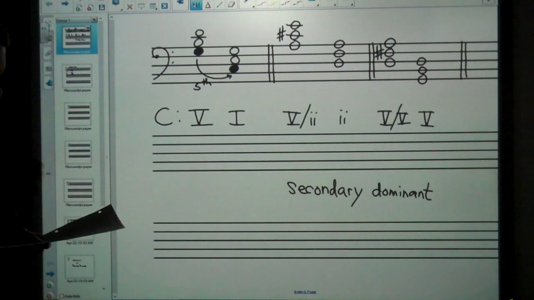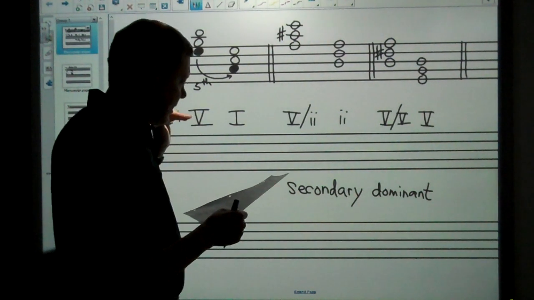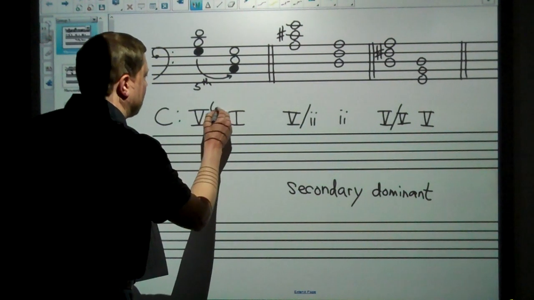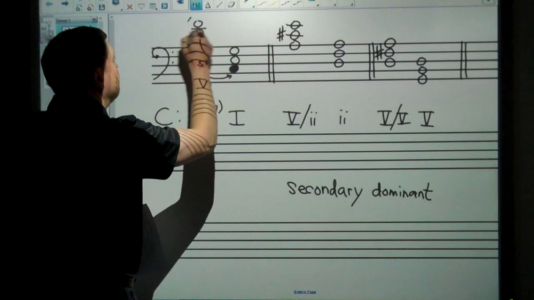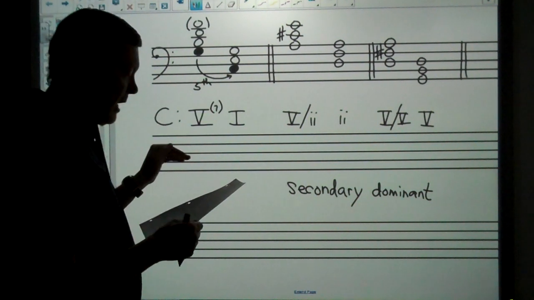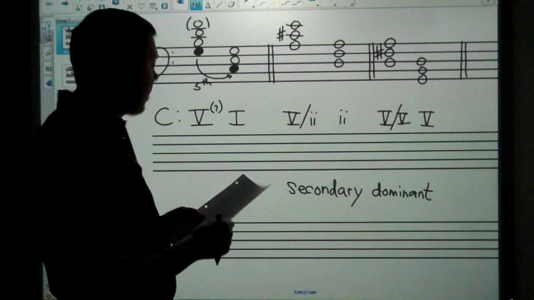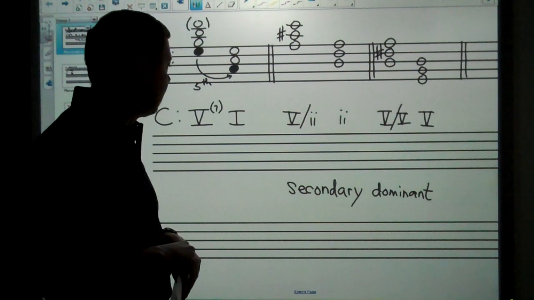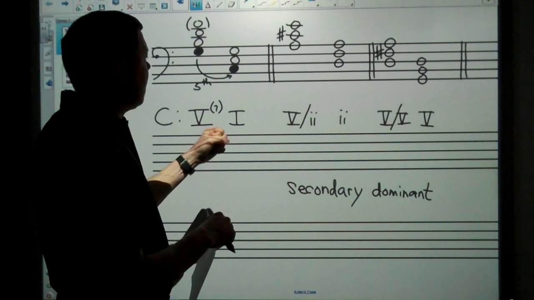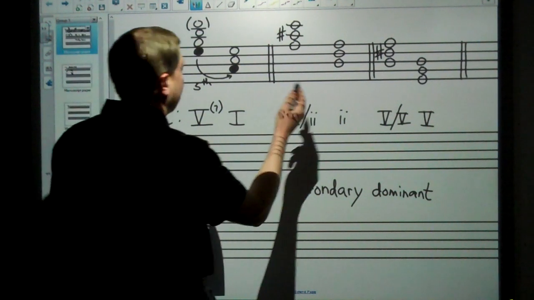Okay? A secondary dominant is a chromatic chord that acts like a 5 or a 5-7 chord. It acts like a 5 or 5-7 chord in its spelling and its resolution, but it resolves to a scale degree and a chord other than the tonic. That's the definition of a secondary dominant. Let's see if we can use these few examples here to illustrate that point. You can see, for instance, even